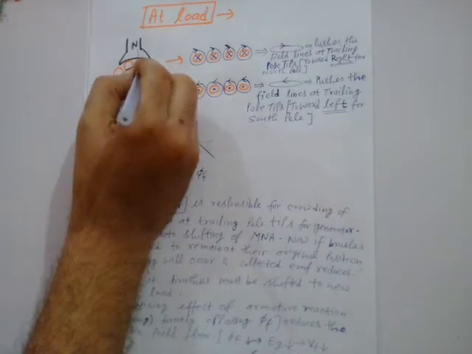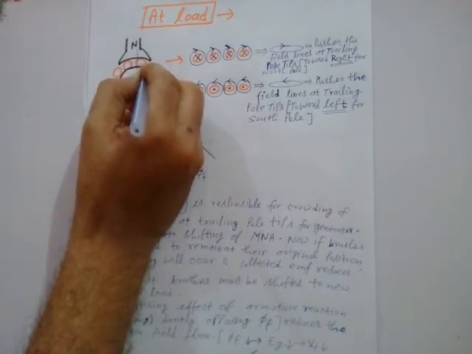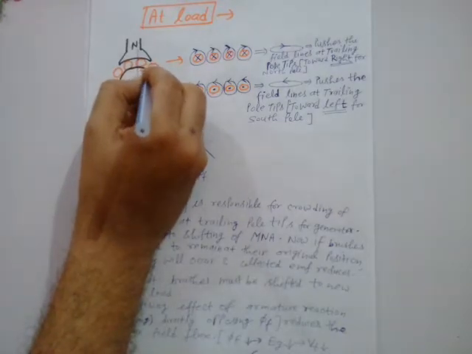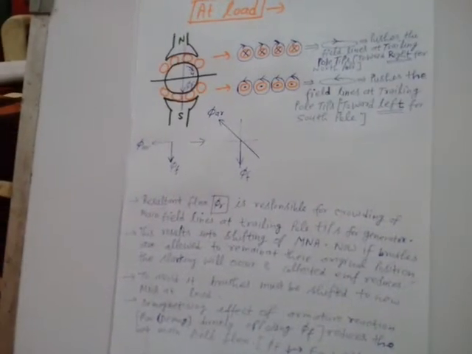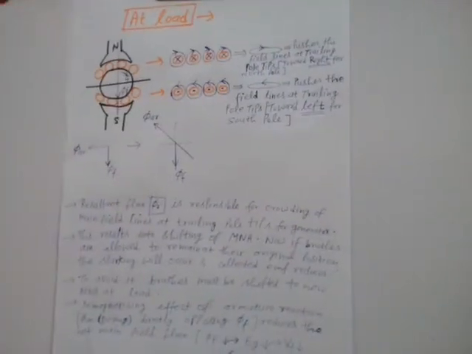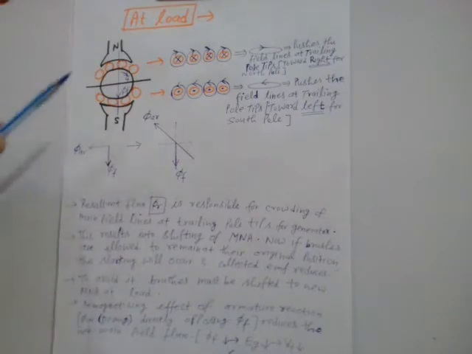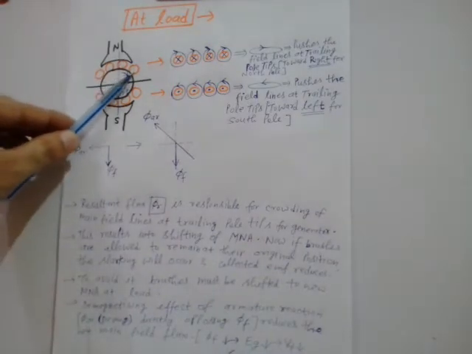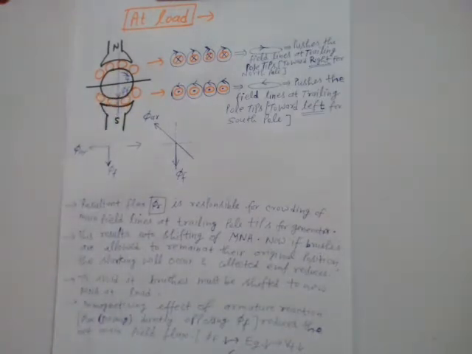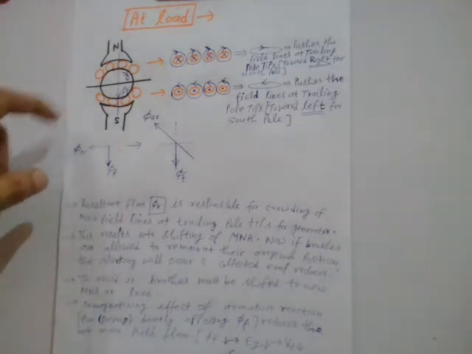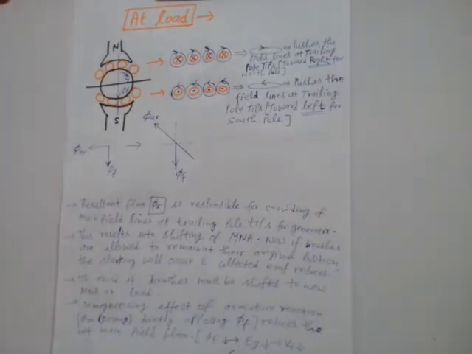For generator, we have assumed that the direction of rotation was clockwise, right? We have assumed that the direction of rotation of this generator was clockwise. So here, analyze this and tell me what is the direction of induced EMF or induced current in these rotor conductors. For that I told you that you have to apply Fleming's right hand rule. So when you apply Fleming's right hand rule, then